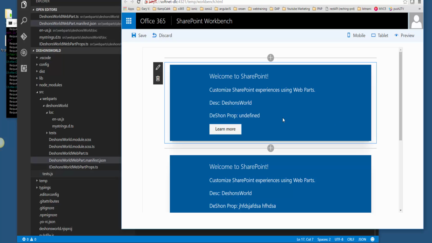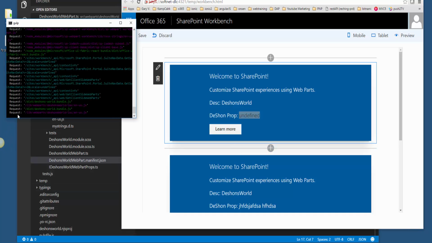I'm going to add in a new web part, and I still get undefined. And this is where I was like, oh, I still don't have it right, until I realized, and I remember this from developing in Ionic and working with gulp serve there, that some changes, very similar to Visual Studio Code, you just would not get in real time and live, even though you got the live reload in, you're not going to get some of those changes live. So what you're going to have to do is exit out,